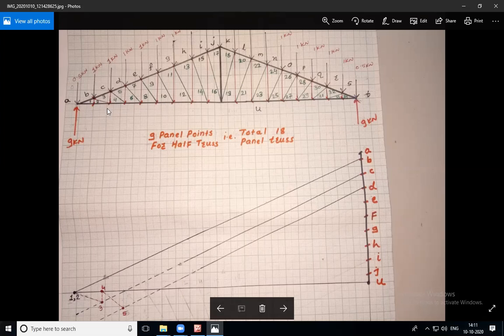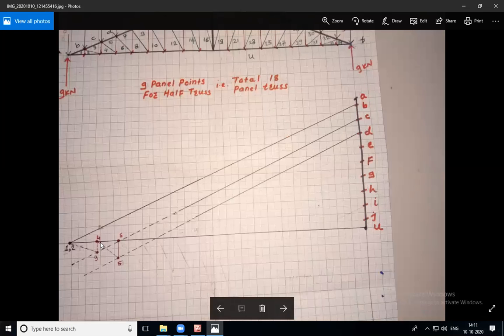You have to remember that the members 1, 2, 4, 6, 8, 10, 12, 14 and 16 are all on this horizontal line. That's why each and every location will get at this horizontal line. Now draw one line which is parallel to 5 6, which will reach this particular line. After drawing that line, our figure will somewhat look like this. 5 to 6. Now our 6 point is completed. We have analyzed C point.